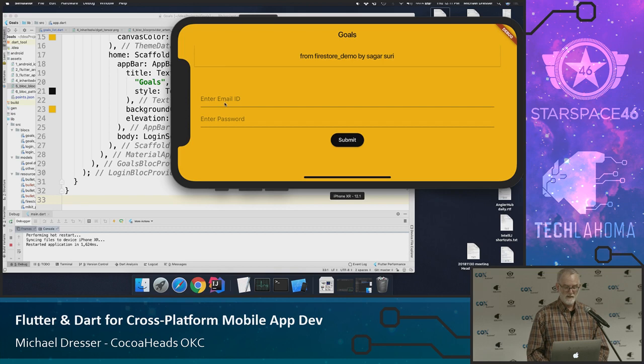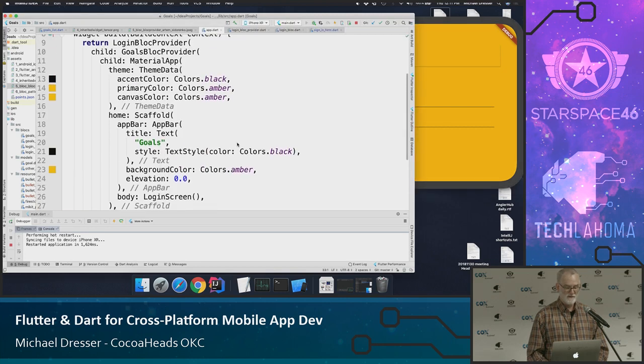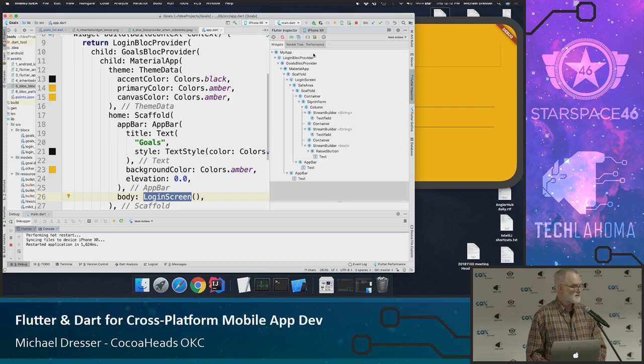You can enter the email ID and a password, and you have a submit button. It's fairly straightforward, right? So that login screen sits at the bottom of this widget tree: the app, the login provider, the goals block provider, which I'm not going to deal with now, the material app, the scaffold, the login screen, okay?